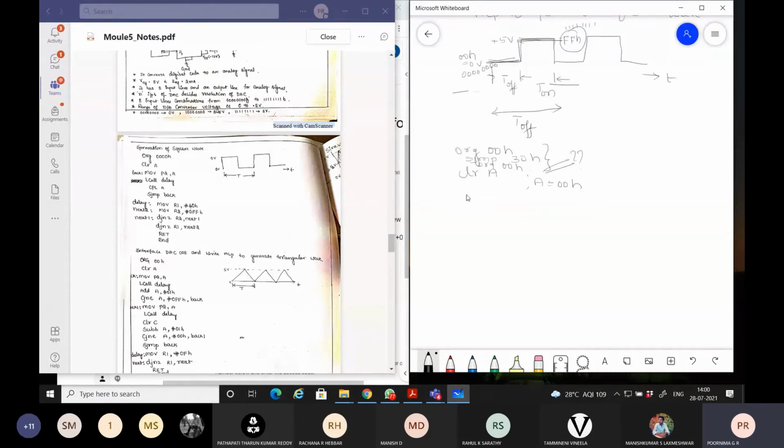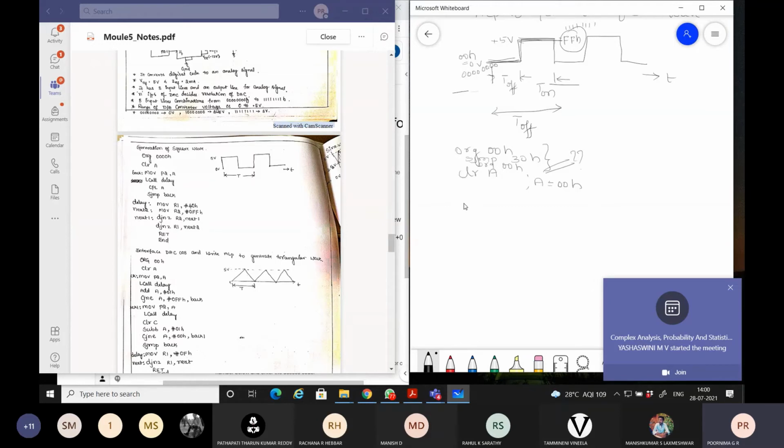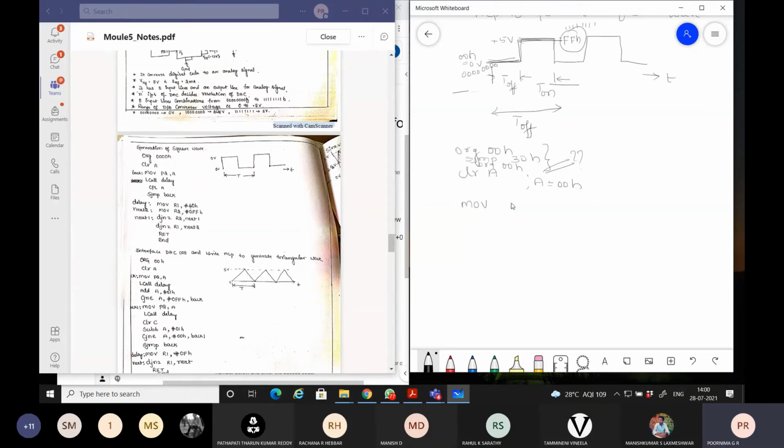So now with respect to this, this 0, where should it go? It should go to port 2 or port 1 or anything. So now as per the diagram we have used port 2. So therefore move this accumulator contents onto port 2. Afterwards you need to provide this particular duration of time. So therefore call delay, which you can provide through the delay program that you have already learnt. So give a small delay program and then complement this accumulator content so that your low became high.